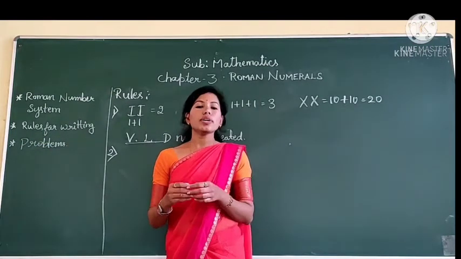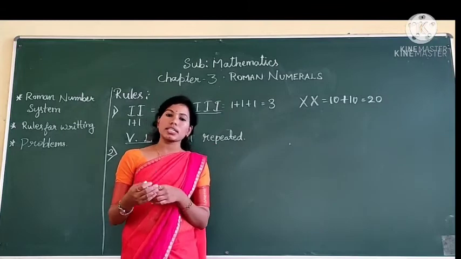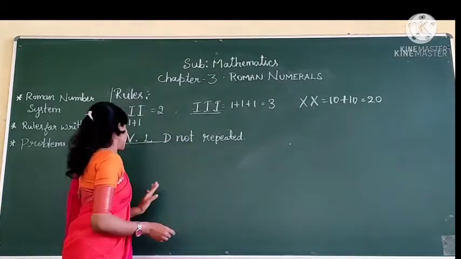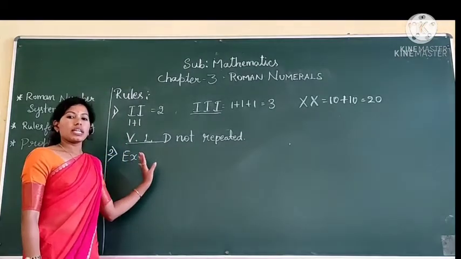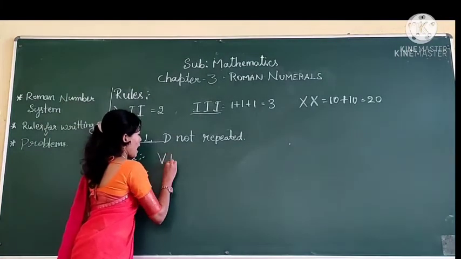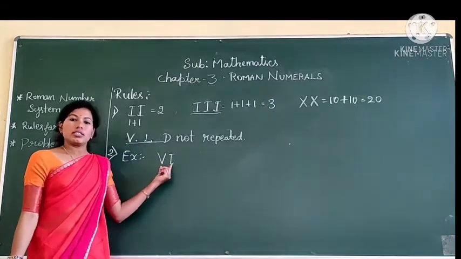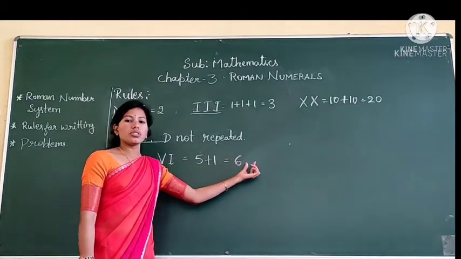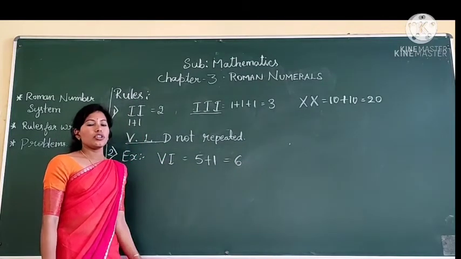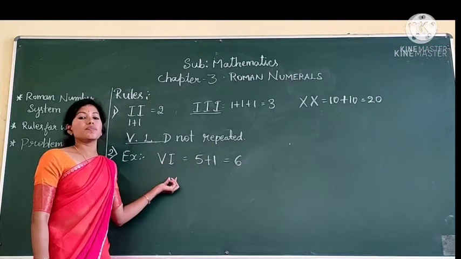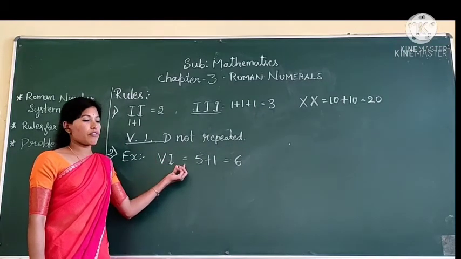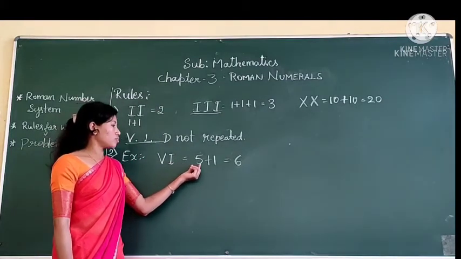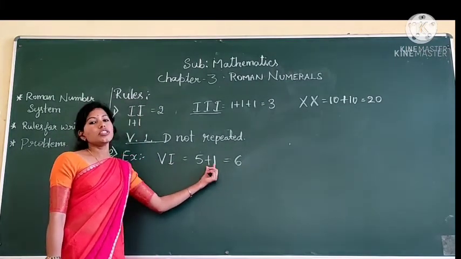When a Roman numeral is placed after a greater numeral, then that number should be added. Example: take the Roman numeral VI. This is equal to 6 in Hindu-Arabic numerals. When a Roman numeral is placed after another greater value numeral, its resulting numeral is equal to the sum of the numerals.